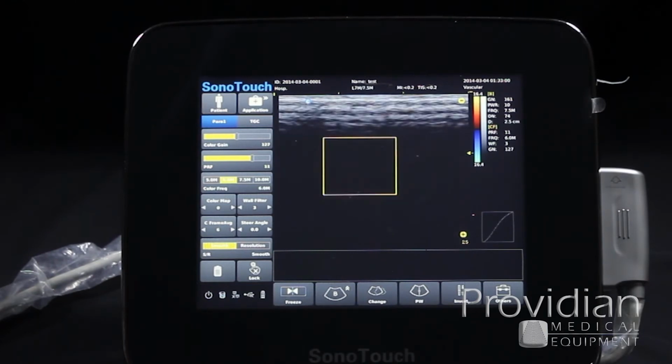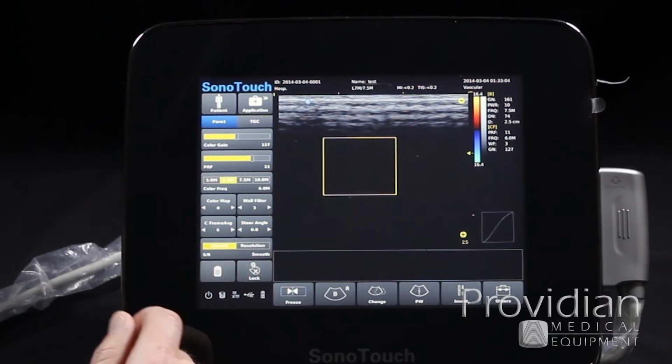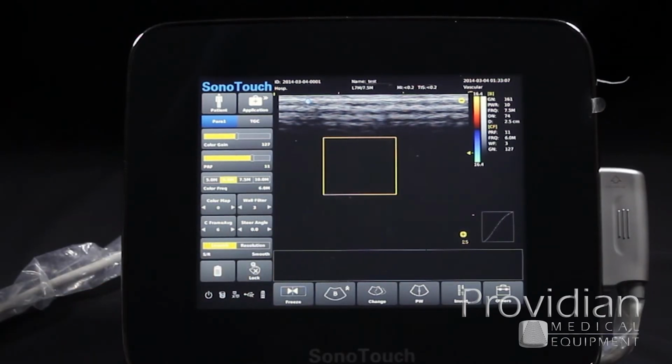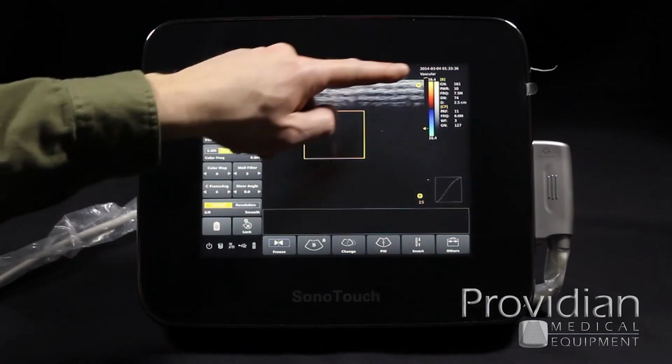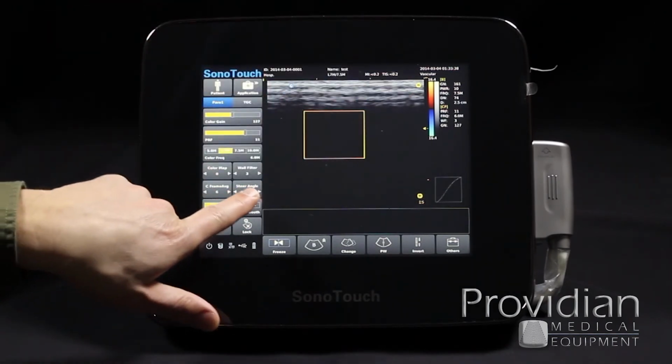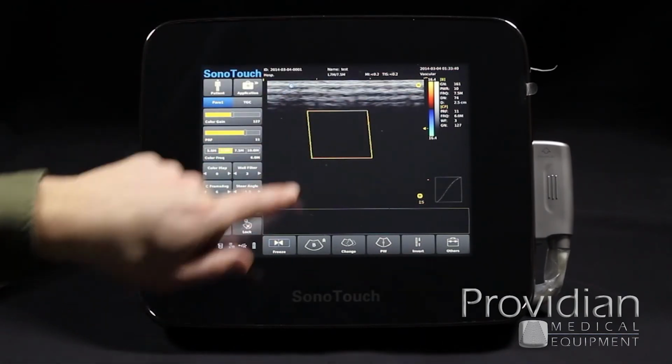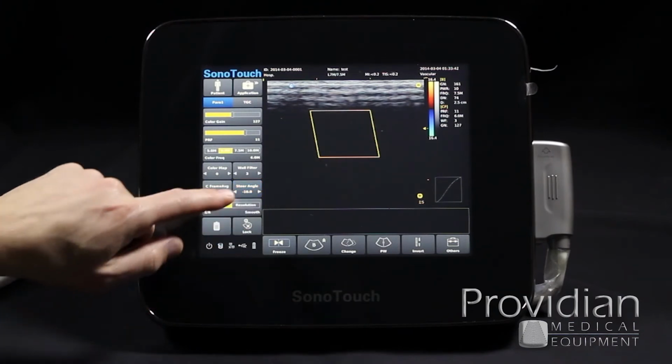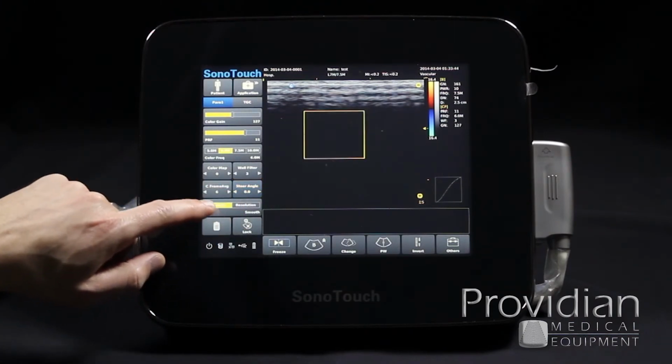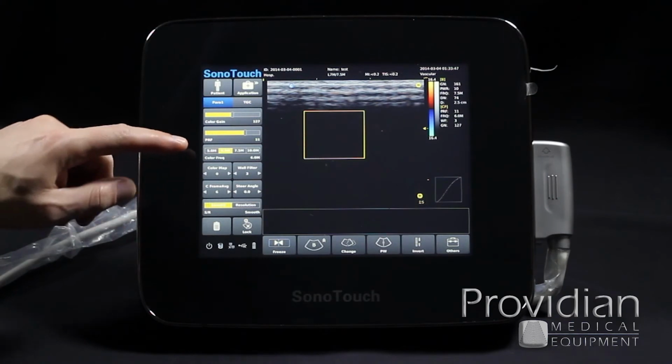Smooth will allow for a smooth color flow, where resolution will work for a higher resolution of color flow. Here you can choose your color map, steer angle to change the angle of your color box, color frame average, something we learned before,